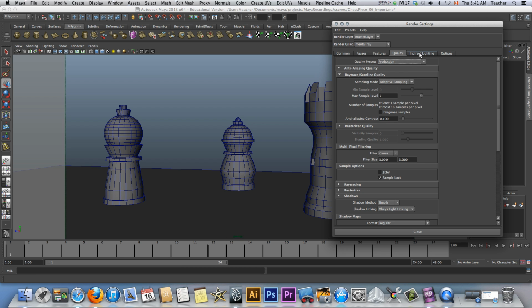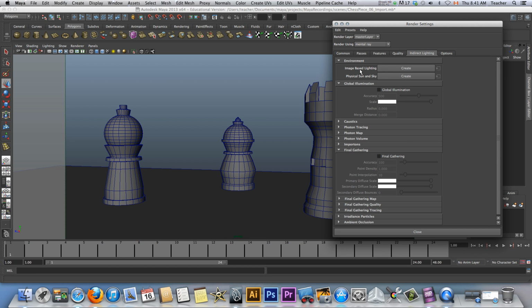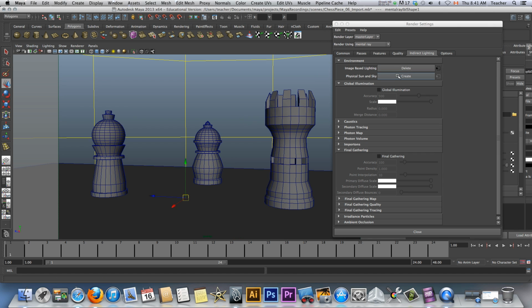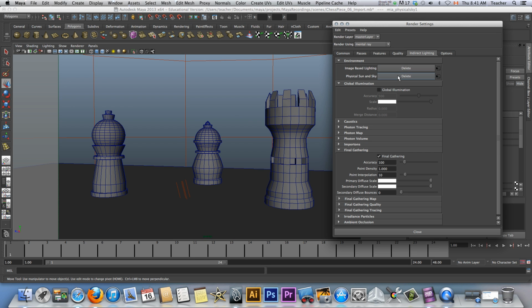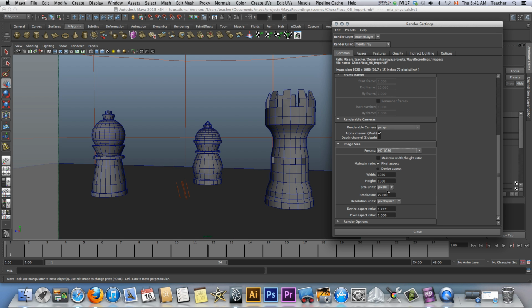I'm going to go to production, and the last part is my favorite part here. Image-based lighting, create, and watch what it does for you. Create. Okay, that's all we did. We just went in here, we checked out the size, we said HD, and it's out of perspective. Okay, and what I'm doing right now,